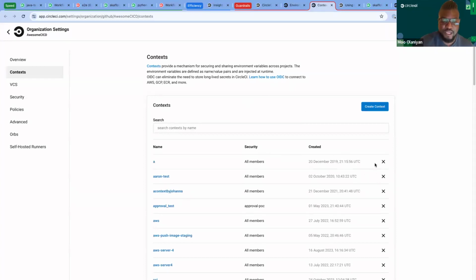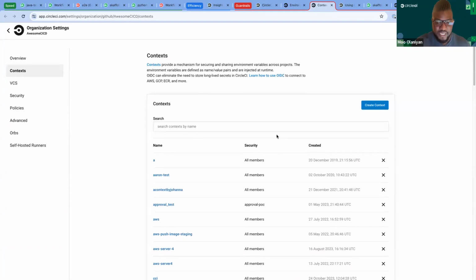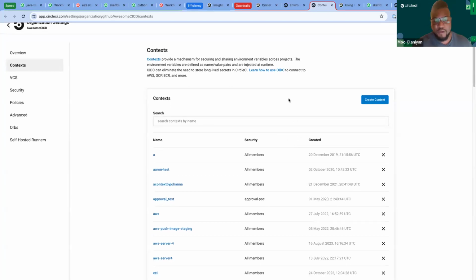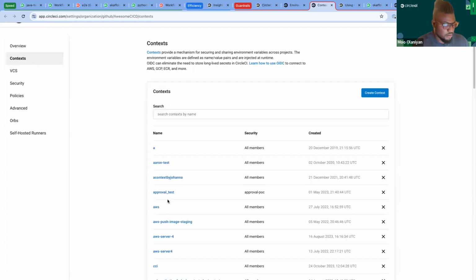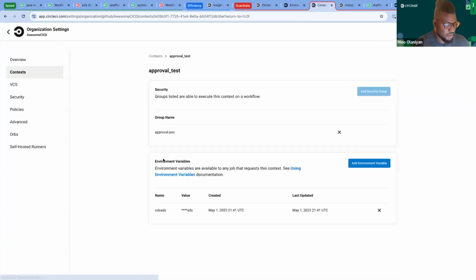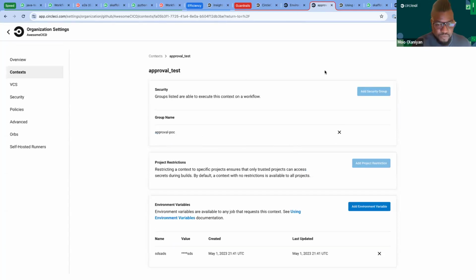And these are a collection of environment variables, and each one has a password and token. Now, these are always obfuscated from the time they are created to any time they show up in the logs or config files. So no need to worry about anybody seeing them, right? So let's hop into a context here, right?